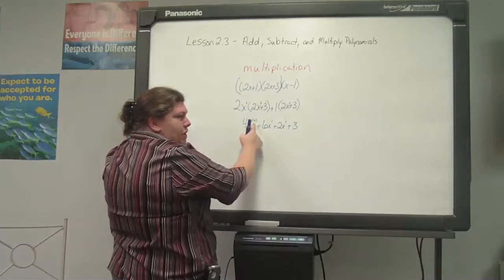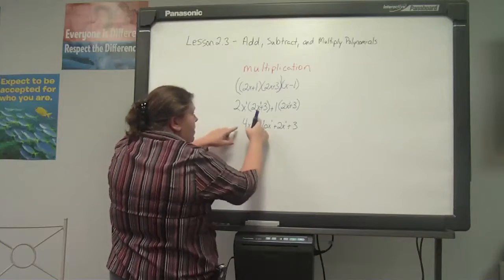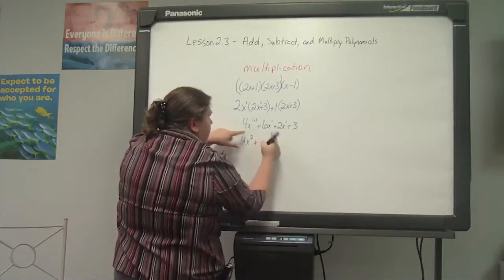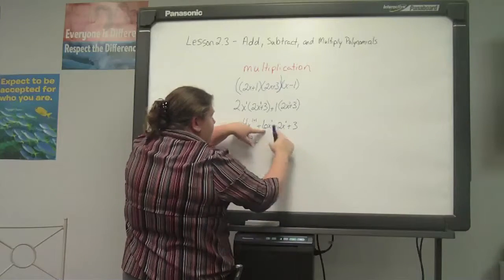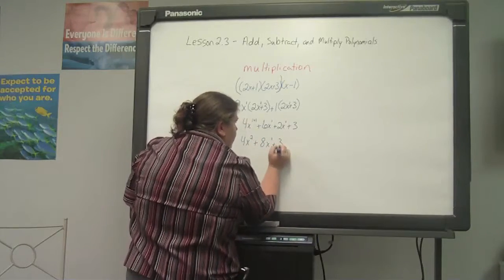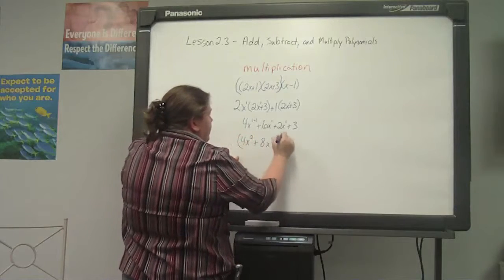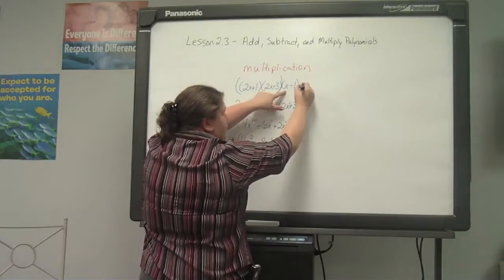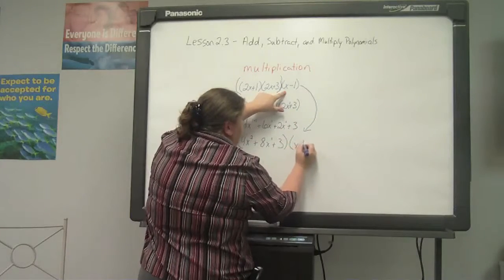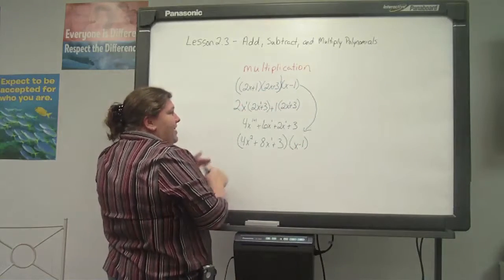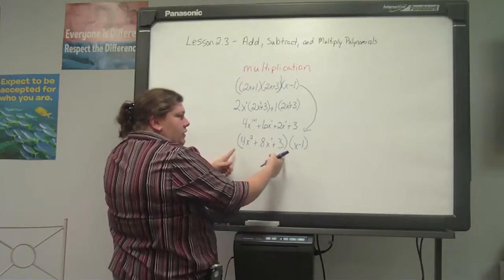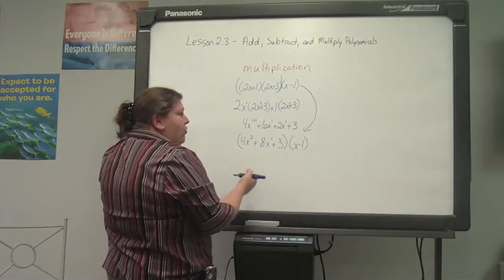Now, we don't want to keep it 1 plus 1, and so we're going to go ahead and combine that. And so now it is 4x squared plus, we can combine these two. 6 plus 2 is 8x, and again it's to the first, plus 3. So now this is a parentheses, but we still have to bring this parentheses down and multiply. So I'm going to go ahead and do that here. The next step is to distribute this parentheses to everything here. And so again, I'm going to rewrite